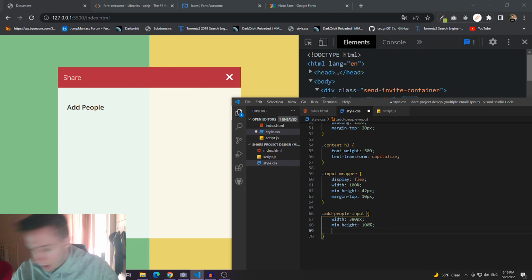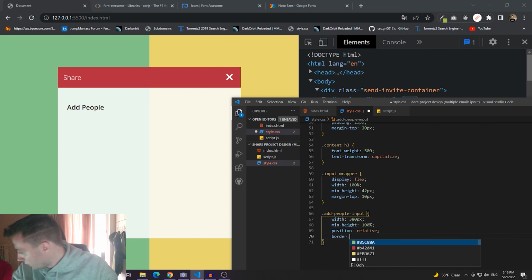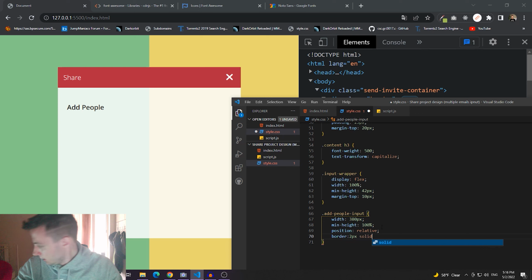Also, I'm going to call it position relative. It's going to have a border of 2 pixels, solid